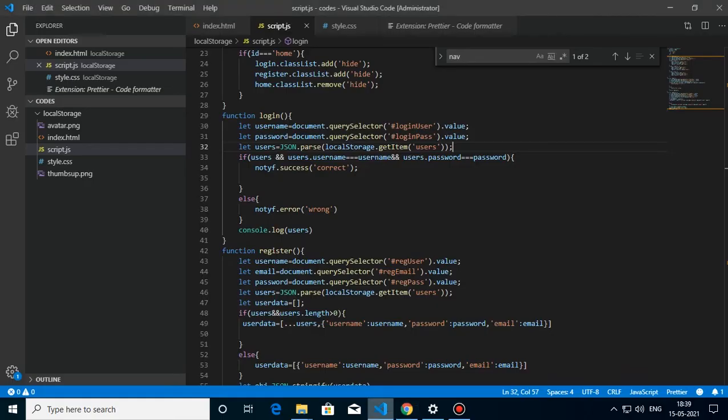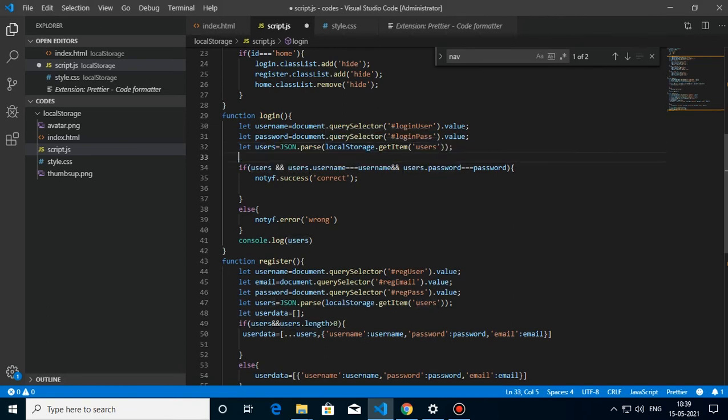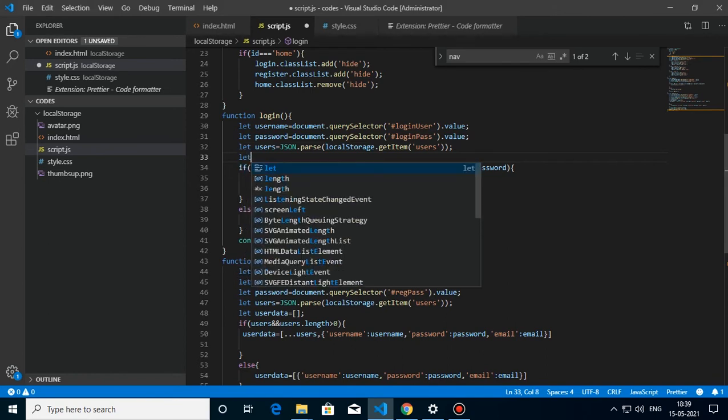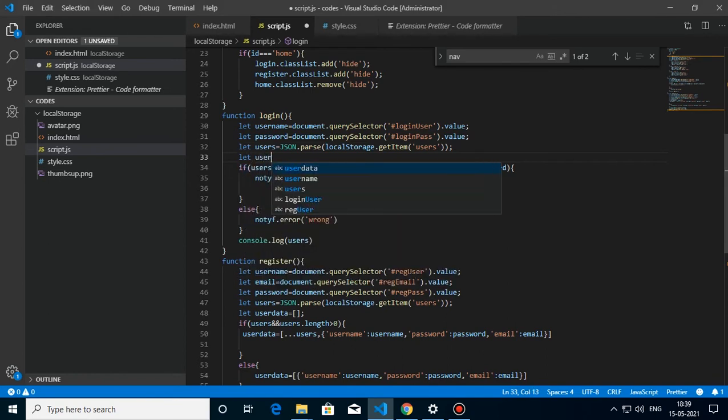With this we can easily check if the array stored inside the local storage has the username and password which the user entered. So let me show you. Let me define a variable named userPresent, equal to users.some with the user.